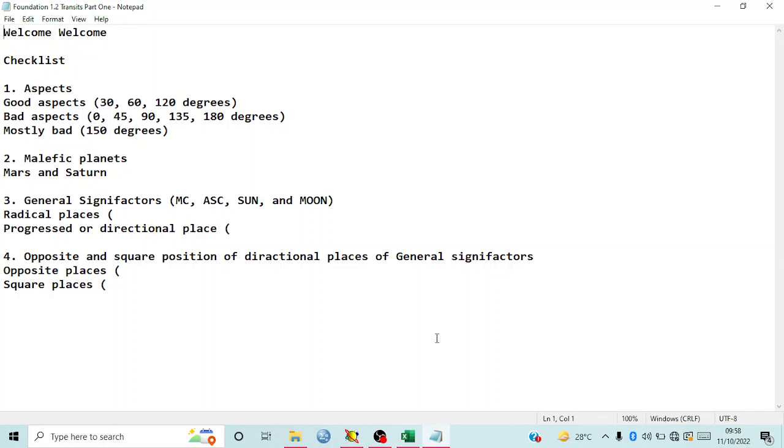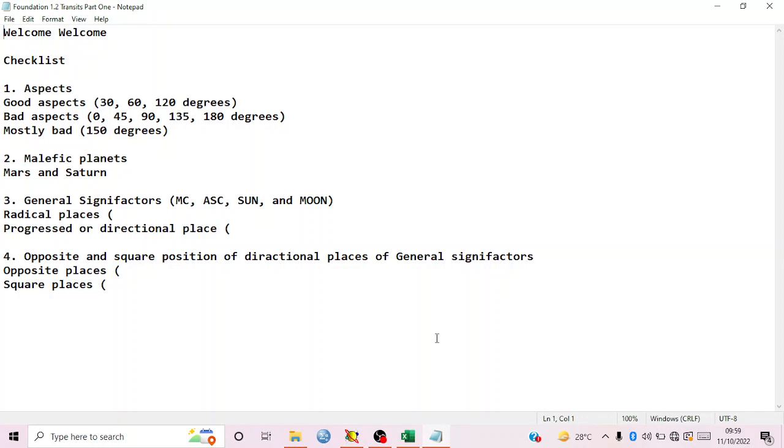However, the one and only determinant of what's going to happen in the markets is the angle, or the aspect. So the aspect being 60 means that the market is going to move up. However, if the angle was 90 degrees, it's a sure drop. Of course, the magnitude of that drop depends on the planets and their positions in the zodiac. But the only thing you need to know is if the aspect is bad, the market will drop. If the aspect is good, the market will push up.